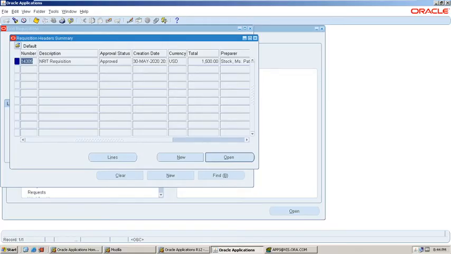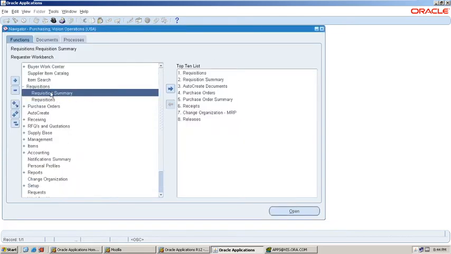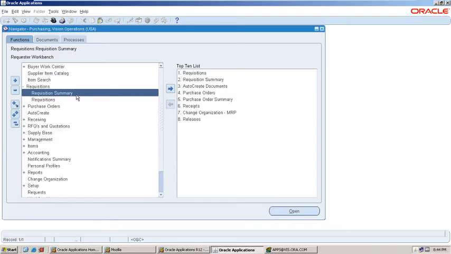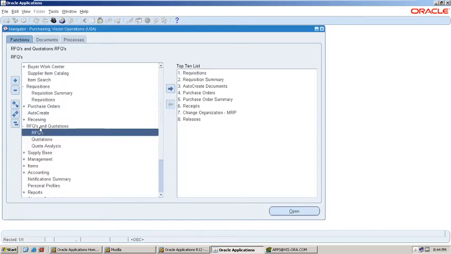You can see the status of the requisition is approved. Because of that, you are unable to query the requisition from the requisitions form. That's why you need to go to the requisition summary form and then query the requisition detail. The next step is creating an RFQ.